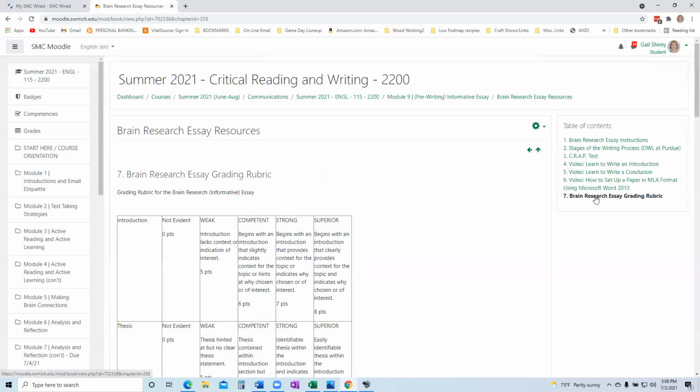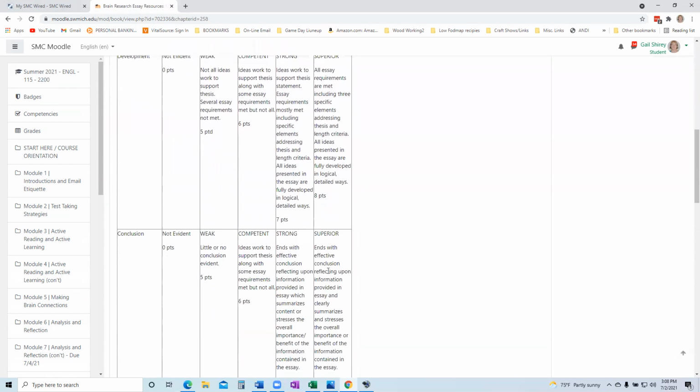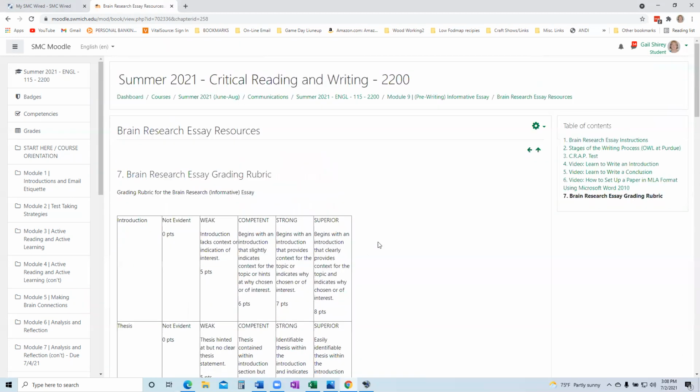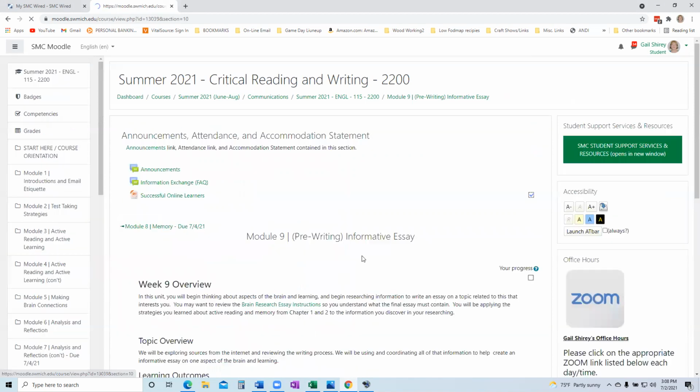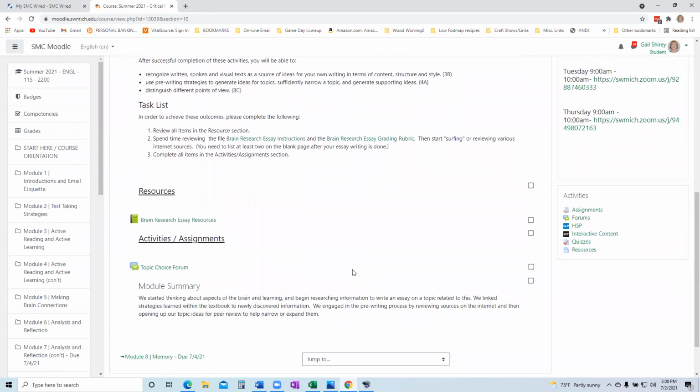And then the grading rubric, of course, that will be applied to this particular essay in grading. So you want to make sure that these are the areas that you are hitting. So that is the first thing. You want to spend a lot of time going over those resources, reviewing all of them, getting familiar with them,